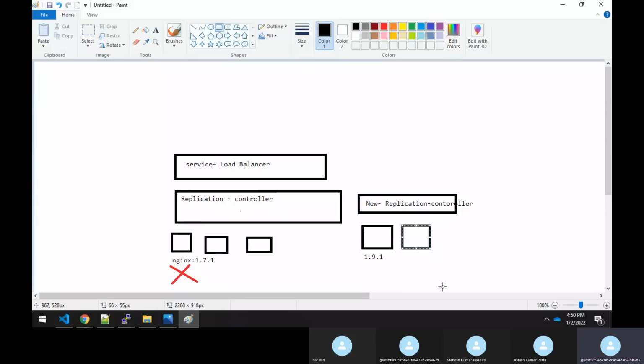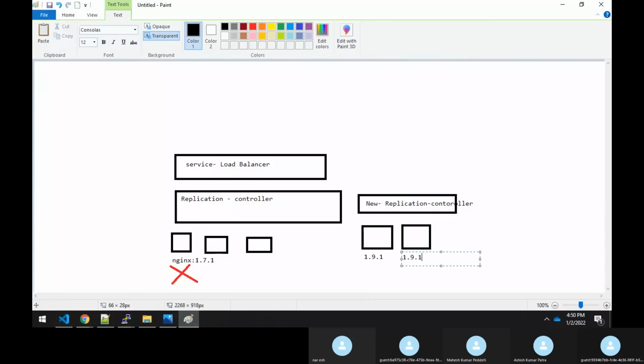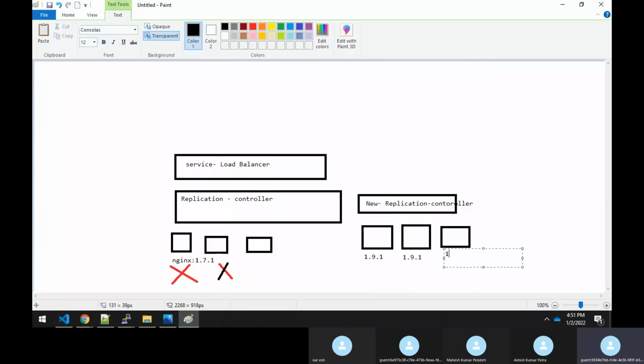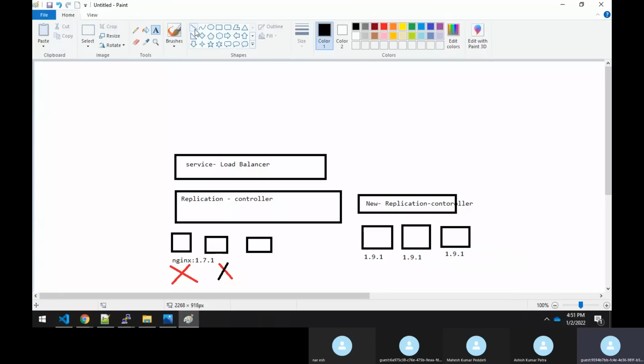Again, one more pod will get created with version 1.9.1. Once this completes, the second pod in the older replication controller will get removed. Again, one more pod will get created with version 1.9.1, and once it is created, the final pod will get removed.